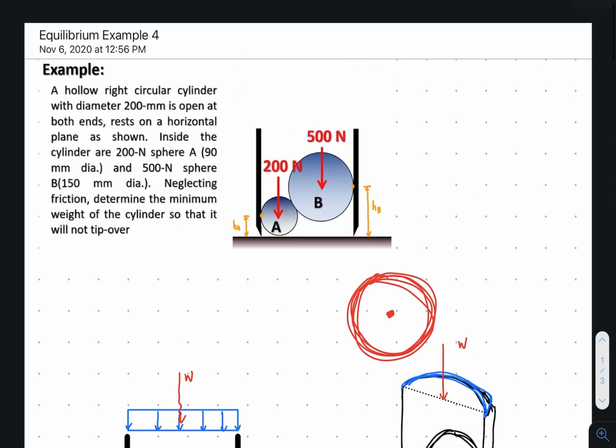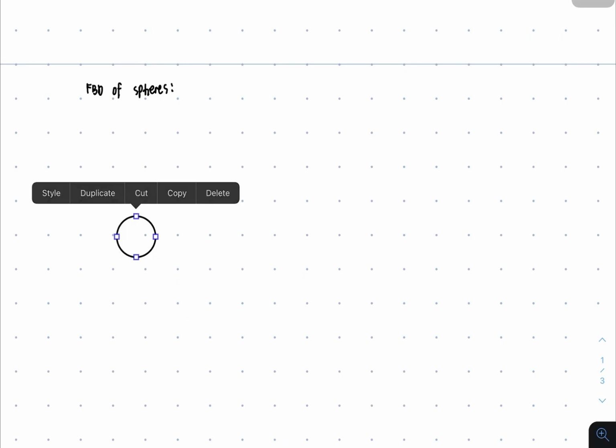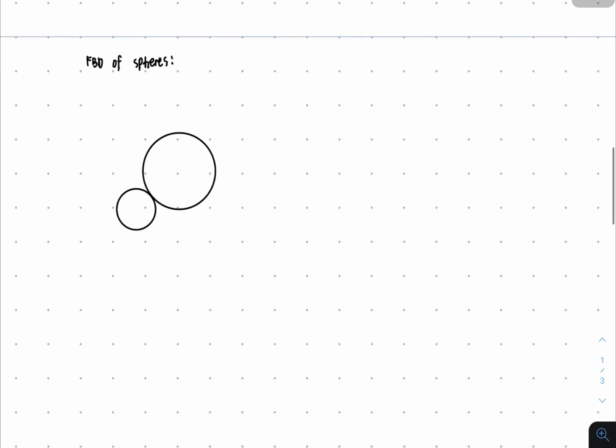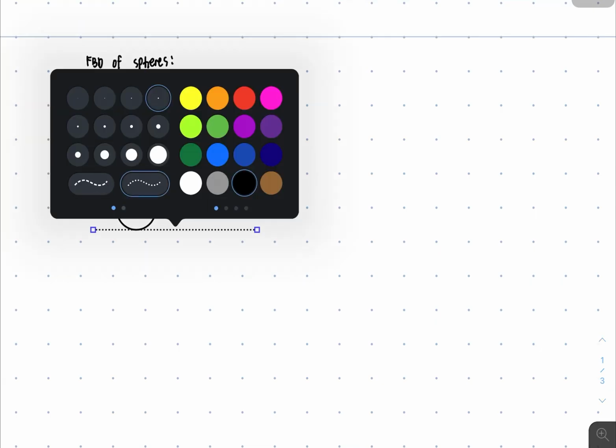So the two spheres. One is in the lower portion, so this one, and then let's just copy this, and this one is quite larger. Okay, and of course remember that this is the horizontal plane that the smaller cylinder rests. So I'll just make it something like that,